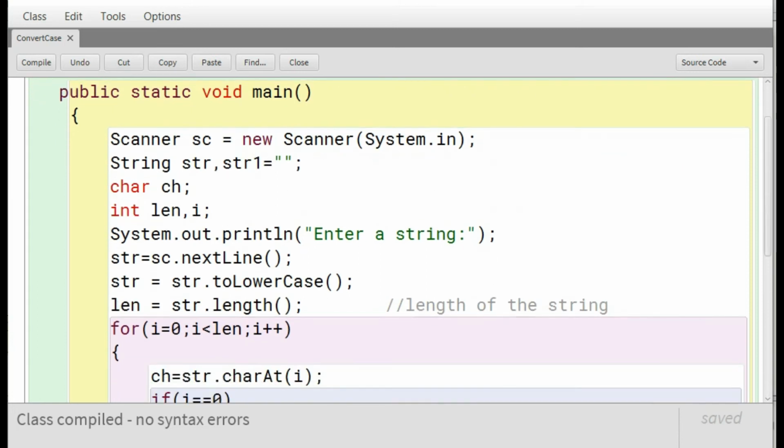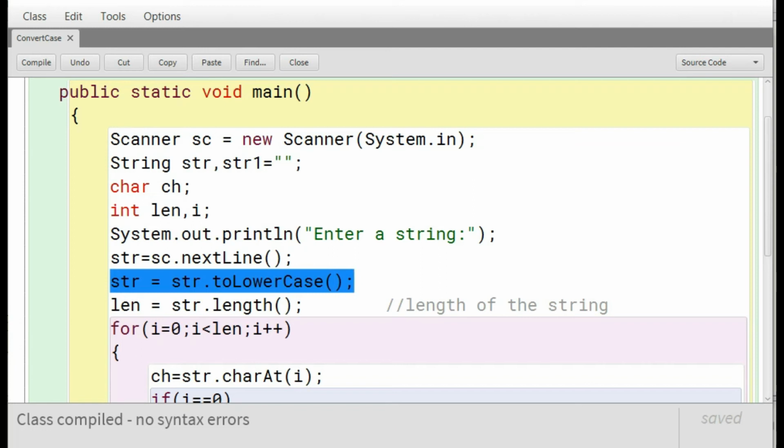We have accepted a sentence in the string str, and we have declared another string str1, where we will store the converted sentence. First of all, we are converting all the letters into their corresponding lowercase letters. Then we will search for the first character of every word and convert it to uppercase. Then our job is done.